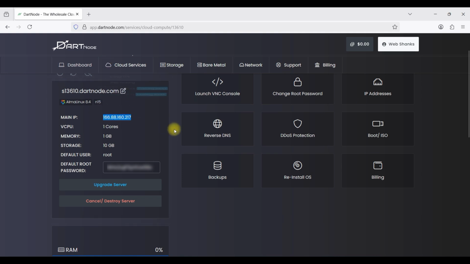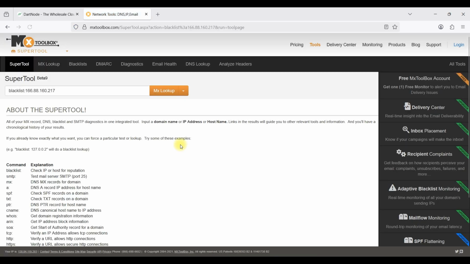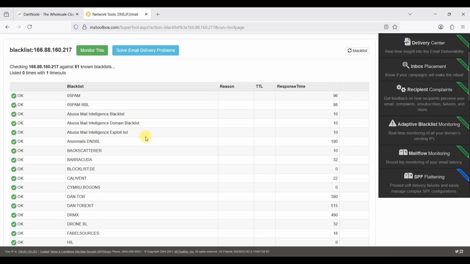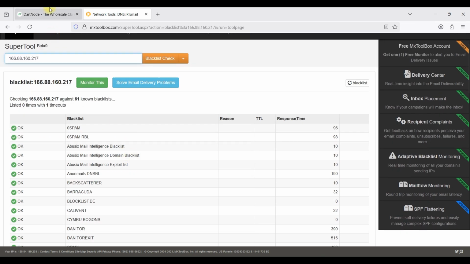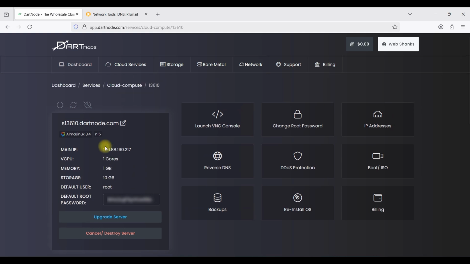IPv4 for potential blacklist. I always check my IP. Okay, let's check our IP, and we have a clean IP. Now let's go back to our VPS, and you can see here that you have a 10 gigabyte of storage,